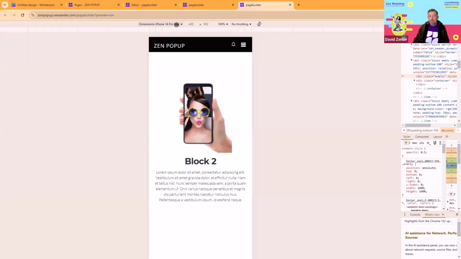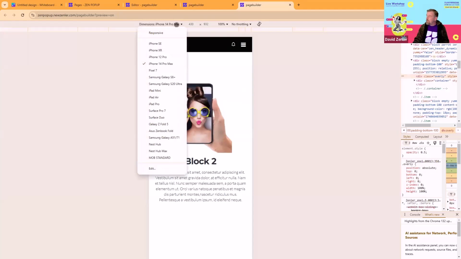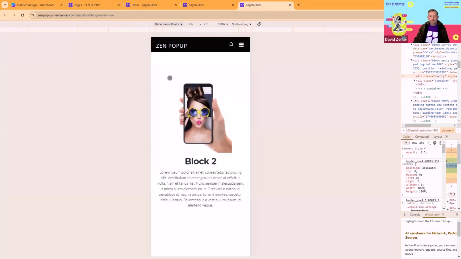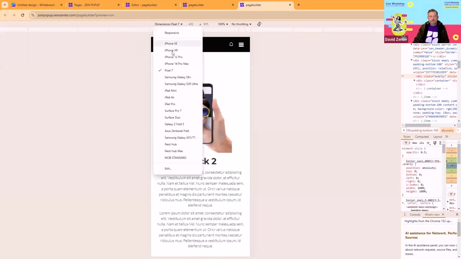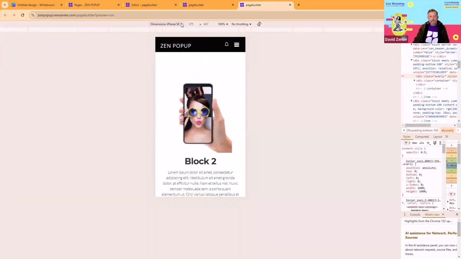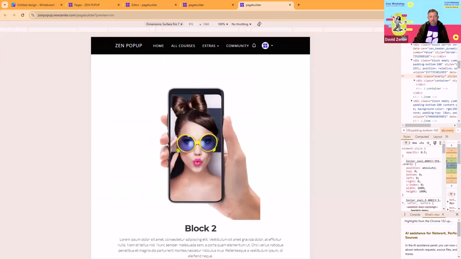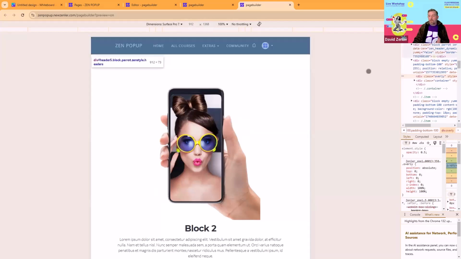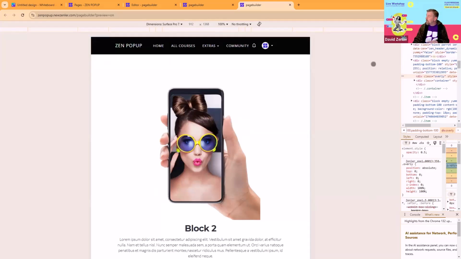And this is really cool because what you can do inside of the inspector is check on a per device level. So you can actually say, what does it look like in a Pixel 7 phone? So you can see how stuff is going to look in different devices. And that's really cool as well, like Surface Pro, how that's going to look. So you can look at it inside here on that level. You could even set a custom size within here itself. So the inspector is a really cool tool for you to just check, and that's part of Chrome.